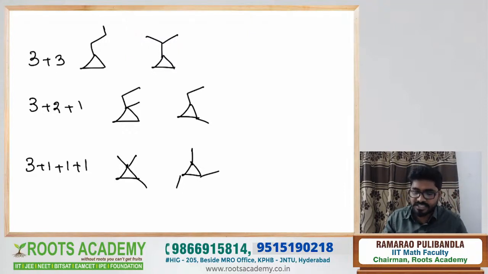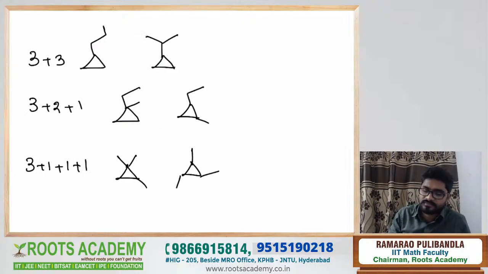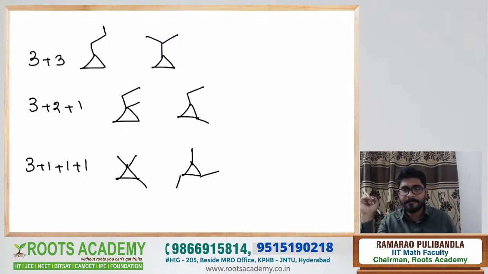See, total how many possibilities we got? You can find that no structure got repeated. So total here we got 6. Here 6. Total we got 12 structures, guys. That's what we need to explore more. Is there any other possibility? Like that we have to check always the possibilities. With the total number of carbon atoms, how many possibilities we have? In what way we can write all these things? That always we need to check.